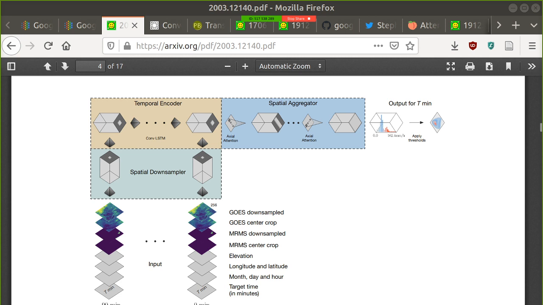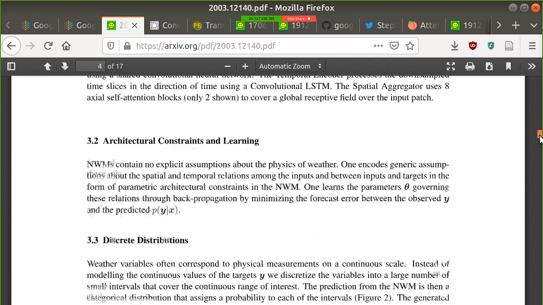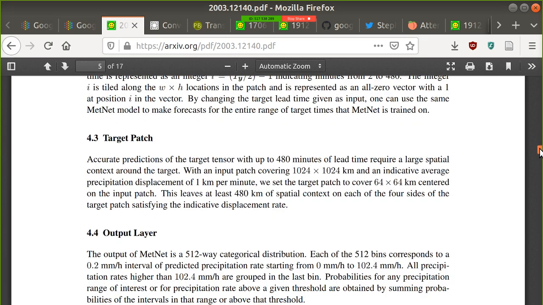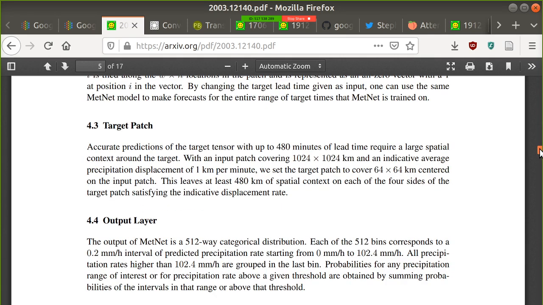I want to make, well, first I'll ask a technical question. I didn't quite understand something when I was reading about the architecture of their neural network. So after the LSTM, they,